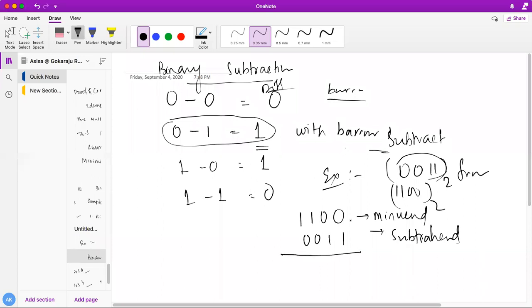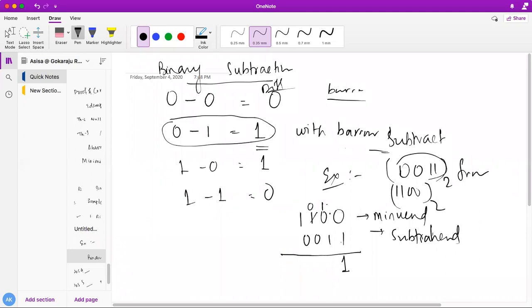So if you want to subtract it, what will be 0 minus 1? What you need to do, very simple, you need to borrow, because you don't have anything but you want to give something here. You have to borrow, but here also nothing is there. So you have to borrow from the next neighbor. If you borrow from here, that borrow will come over here and 0 minus 1 will be 1, and here you have already borrowed, so this will become 0. Okay, did you understand the concept, students?